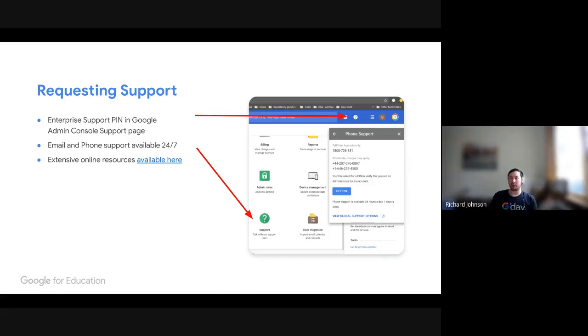Sure. Requesting support. So we have 24/7 support with any of our Google products that you have here. You have 3 options when you ask for support. You can do it over a phone, you can do it over instant message, or you can send off an email. These are available from within the admin console. You just need to find the little support icon on the main page, and you'll be asked to select which option you want support for, whether that's Chrome OS or whether that's G Suite.